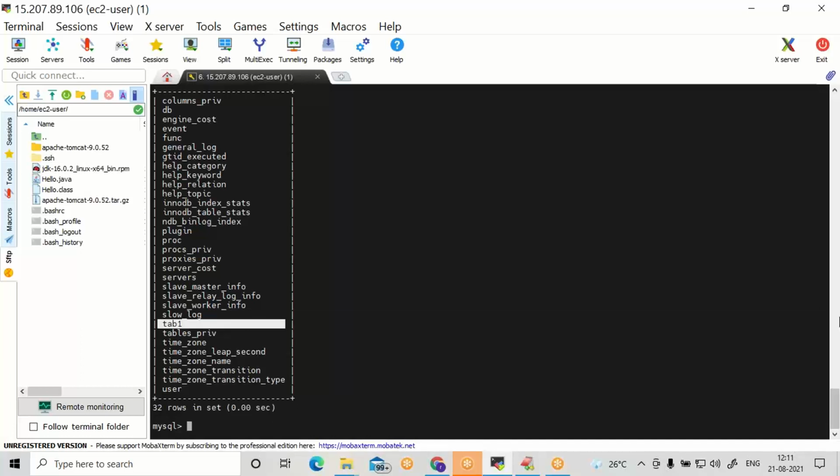MySQL is ready in our systems. Sorry, MySQL is ready in the EC2 instance. Inside the EC2 instance, the MySQL software is ready. All the softwares are ready.